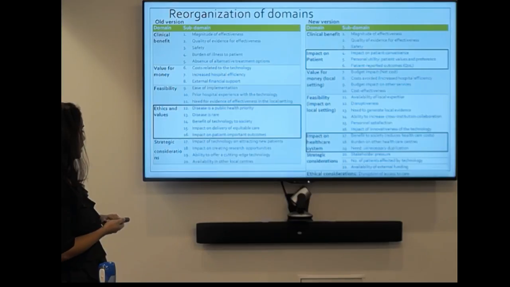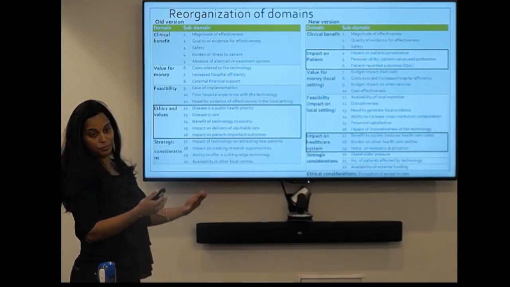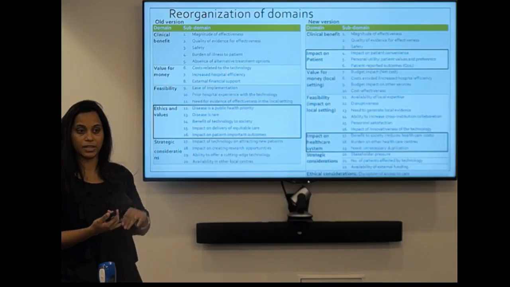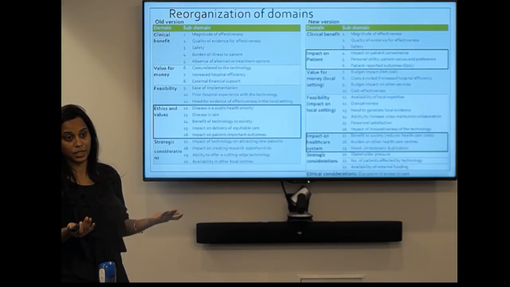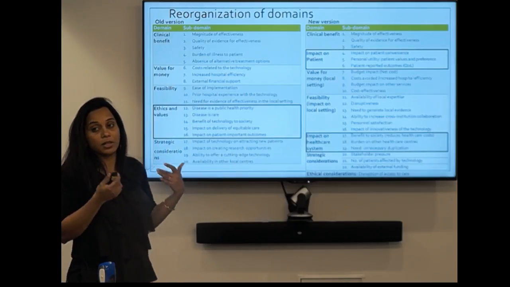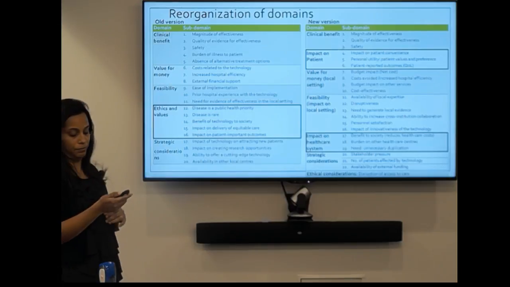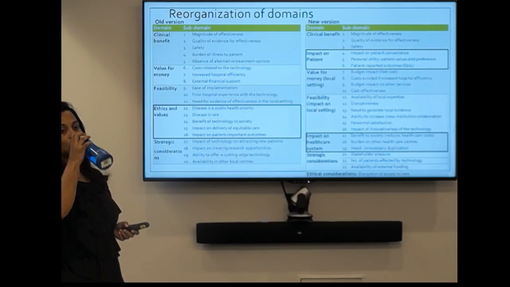So we looked at that, and then we decided that ethical considerations would be something that yes, we would have to consider at every assessment, but it's context specific. So we wouldn't have a specific factor that we would look at, but we would have to take it into account every time. I'm surprised that you dropped the values from your ethical category,